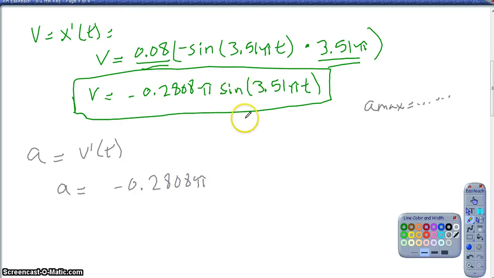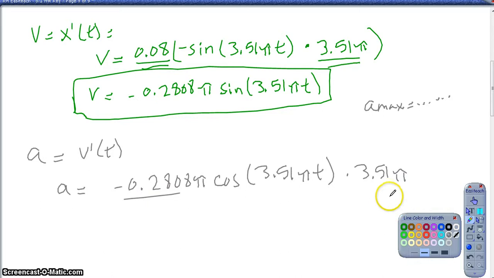The derivative of sine becomes cosine of 3.51 pi t, and once again I have to multiply by the inside derivative, so times 3.51 pi as well. When I multiply the negative 0.2808 times 3.51, I get my final acceleration equals negative 0.986 pi squared, leaving pi times pi as pi squared, and then cosine of 3.51 pi